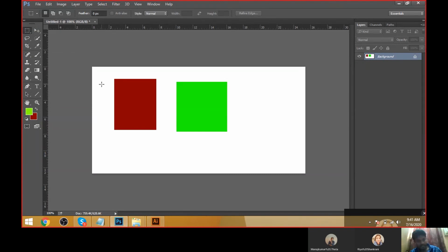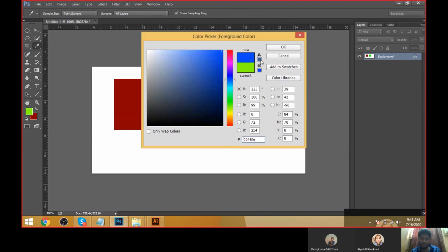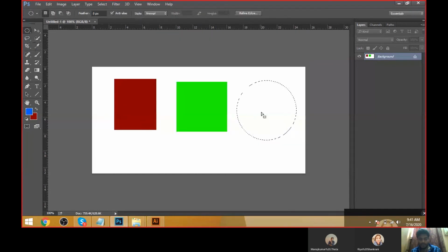It's Shift M, like this, and come to the elliptical marquee tool. If the circle should come out straight, then use Shift Alt to draw it straight, like this, and come to the color. Again I have to change the color, keeping a blue color. Use the stringer, change the foreground color pickers, and just click this one here, like this. To deselect the selection, what should we do? Control D. Yes, Control D. Okay, it's good, looking good.